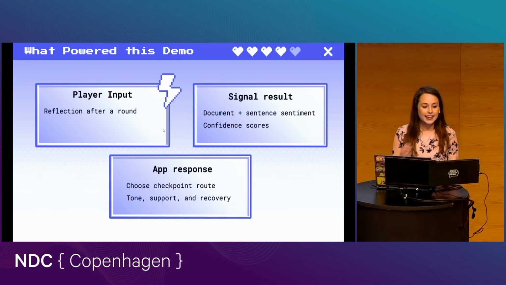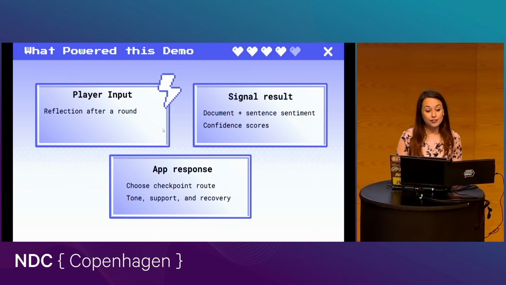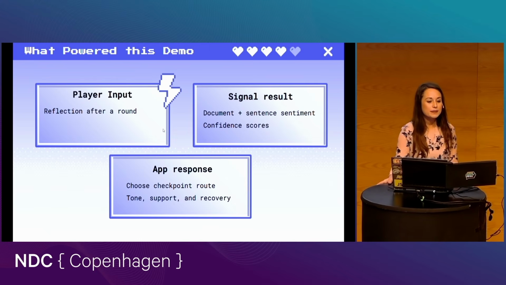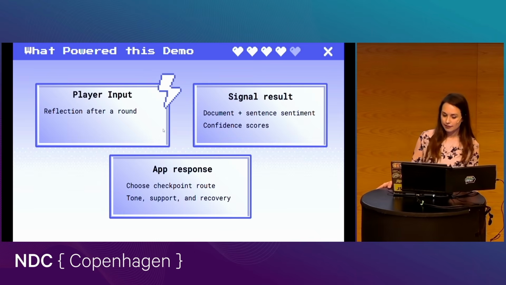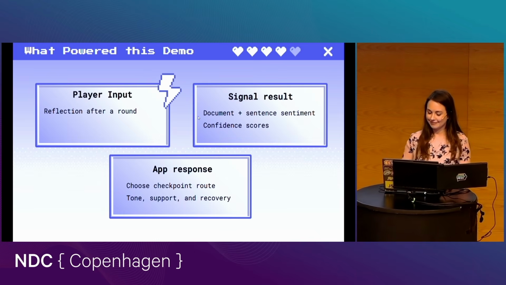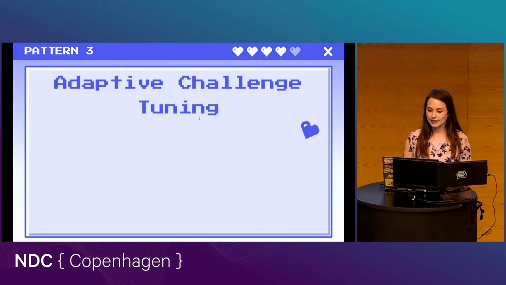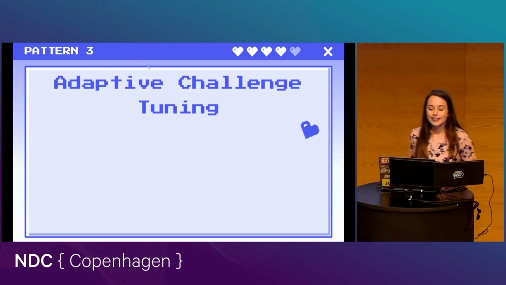And then your app maps that into a checkpoint round, and that's what changes the tone of the feedback, the support around the player, and the recovery options that are available. So that was our second pattern.